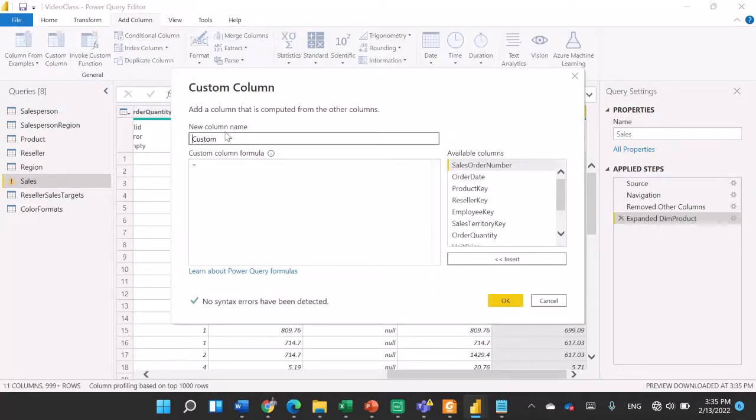Then it's asking me, what name should I give my new column? I want to give it costs. And what do I want to do to generate the value for that column? Once I get out the column, I will explain why we are creating a custom column. Okay, so here I can put the formula here. So in the formula, what I want there is I want to type if